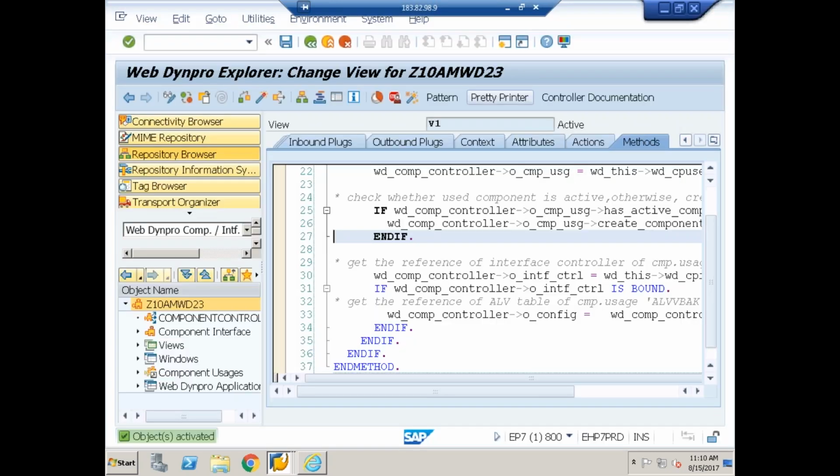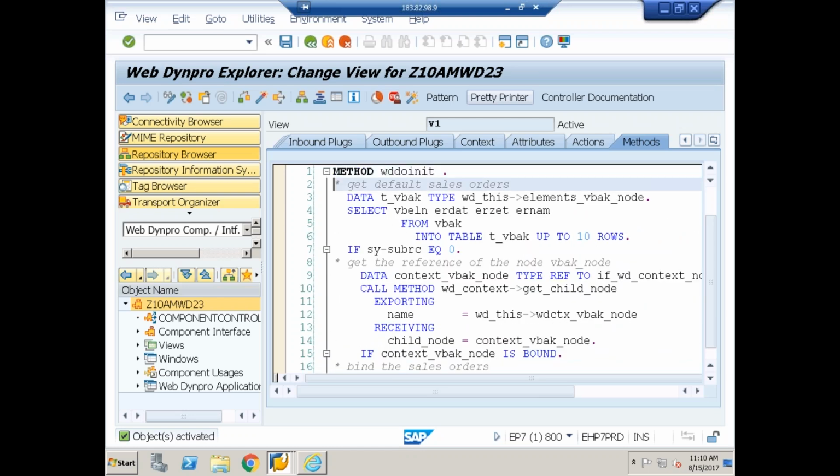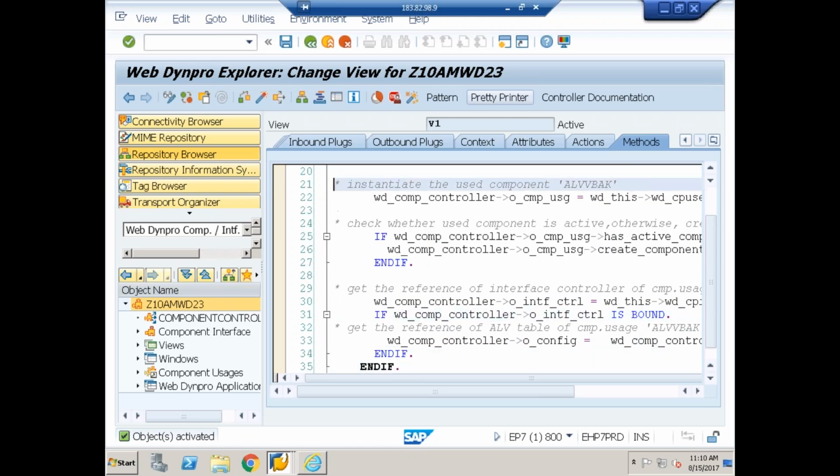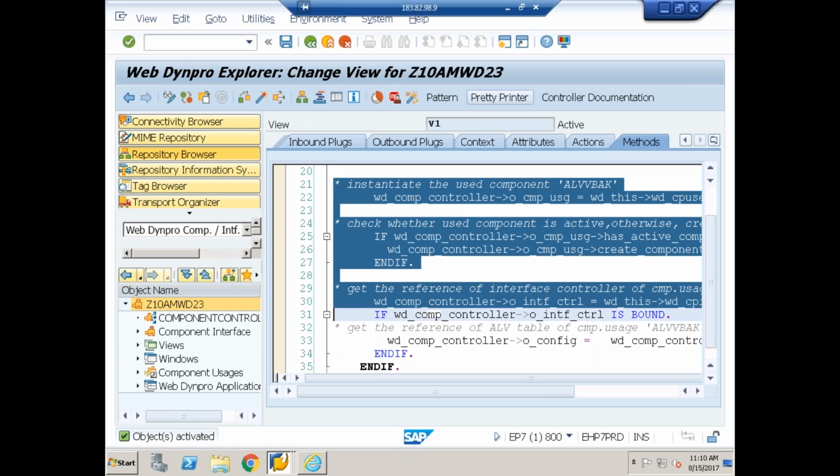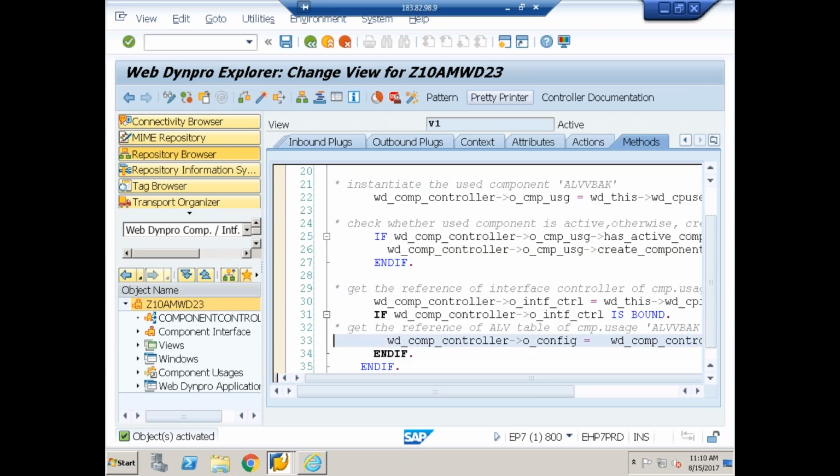Before I continue, any questions so far, please ask me. These steps are common. These four steps are common. Done. So now what I'll do in the next steps here: if w_controller, if w_controller of config is bound,